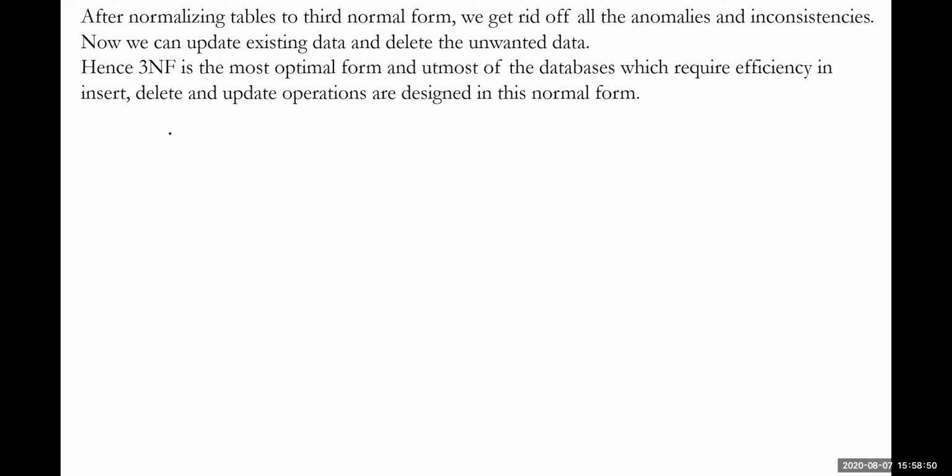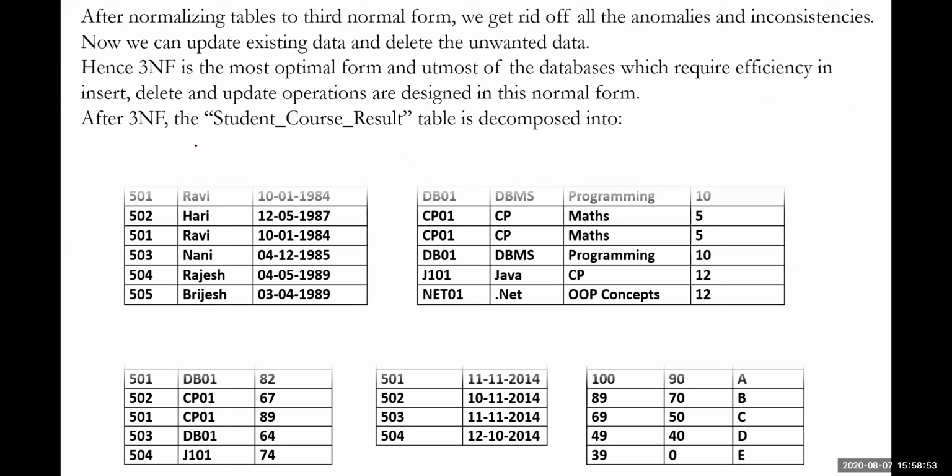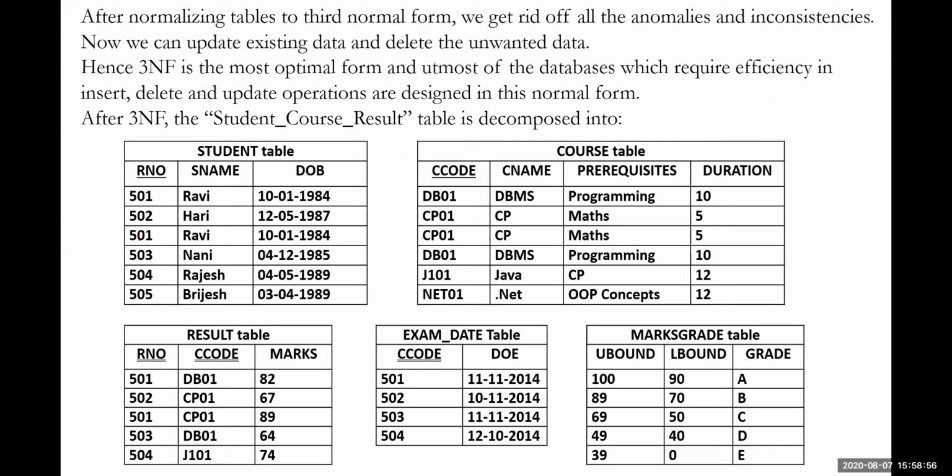Now, after confirming all these things, let us see whether the elimination of anomalies and inconsistencies will be achieved. I have given the same name one more time, so it is not actually taken into consideration. It is my typographical mistake, and here it is also my typographical mistake. This one is a typographical mistake, and this is also a typographical mistake. Don't consider them like this because it is a primary key. CP01, DB01 could not be available two times. I'm sorry for this.